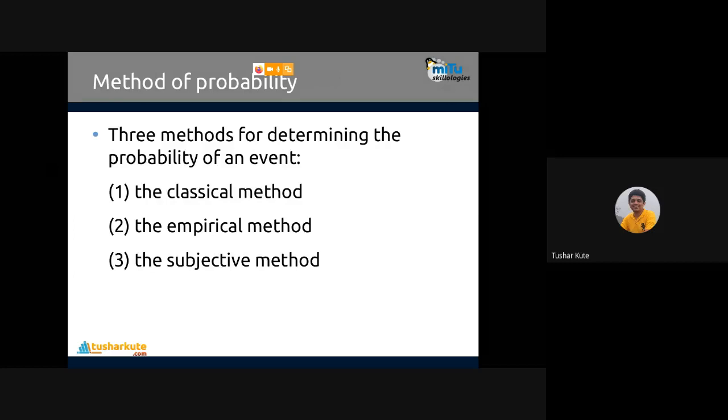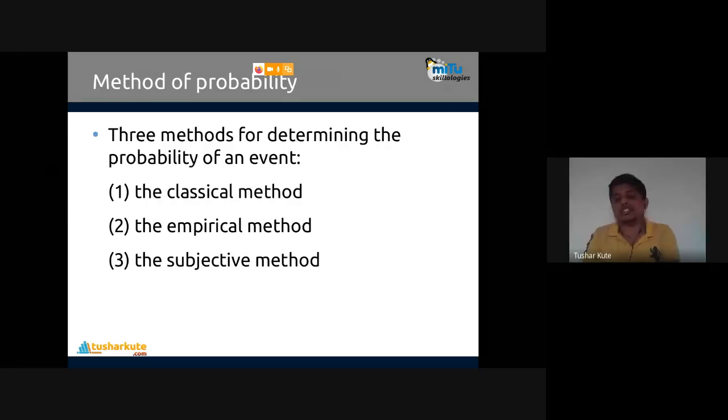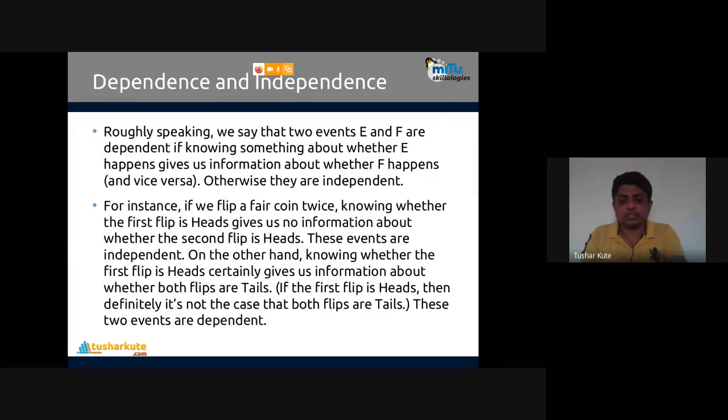First is classical. We'll not go into detail. Just take the names, because I think they are not in the syllabus, but you can study them onwards also. Classical method, empirical method, and subjective method. Classical is the common idea. Empirical contains the method of addition, subtraction. Subjective method is based on selections. So three methods are there, but our task is to go with probability, with conditional dependence, and many more. Let's talk about the topics now one by one.